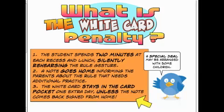Now, a note goes home informing the parents about the rule that needs additional practice. A white card stays in the pocket 1 extra day unless the note comes back signed from home. So,